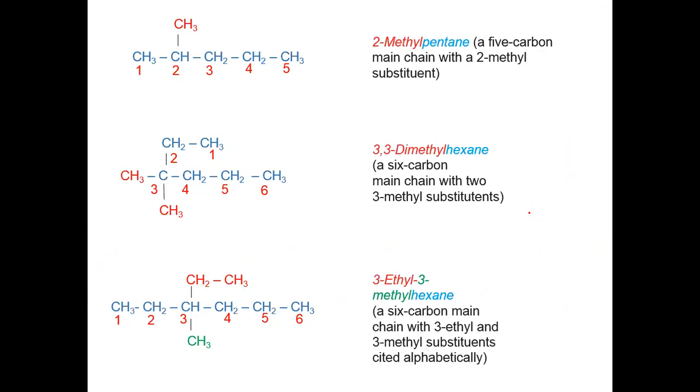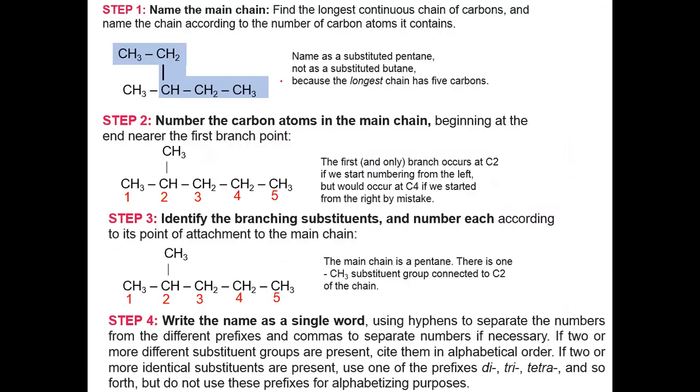Now let's just see the name of alkanes and we'll finish here. So how to name these alkanes? First of all, we need to find the longest continuous chain of carbons and name the chain according to the number of carbon atoms it contains. For example, if you look at this one here, we can count 1, 2, 3, 4, 5. That's the longest chain, right? Okay, so we know that it's going to be pentane,